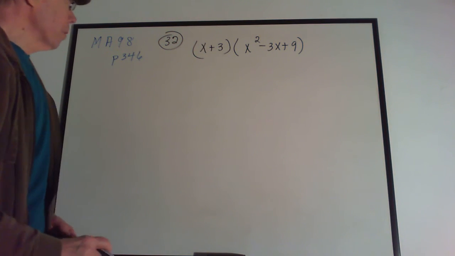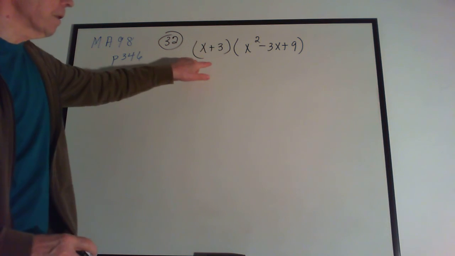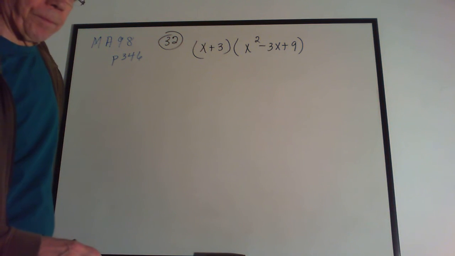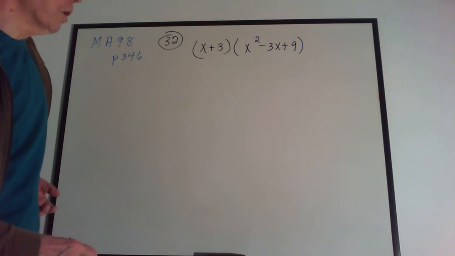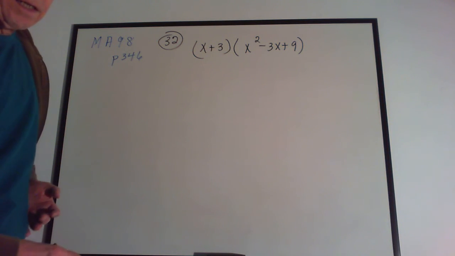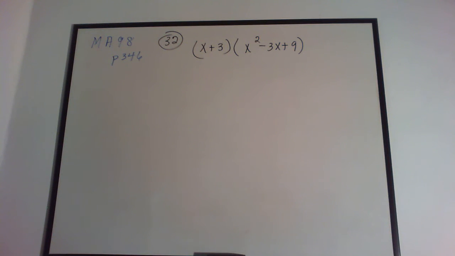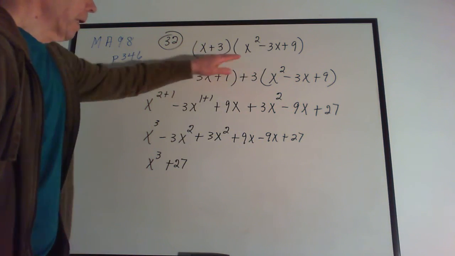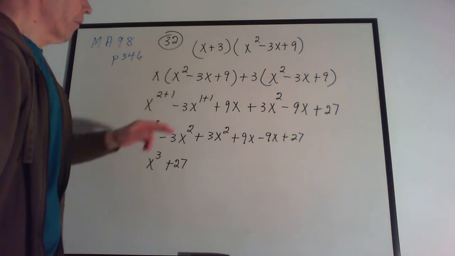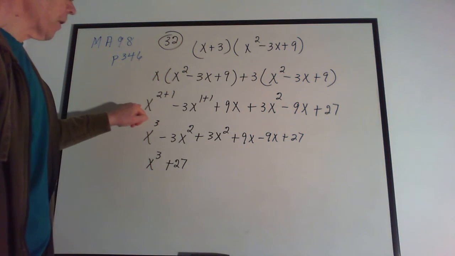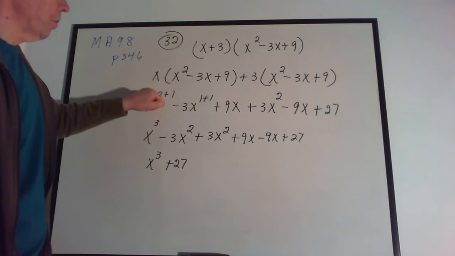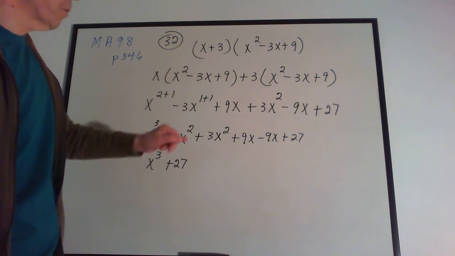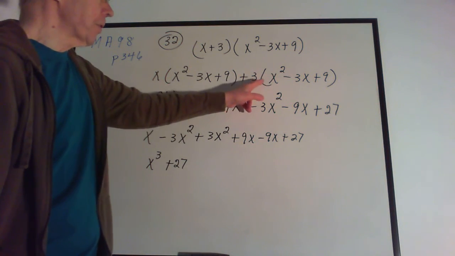All right, try problem number 32. Parentheses x plus 3, multiplied by that. It's done the same way as the previous problem. So pause the video, try it, compare your work with my work. Again, it tells you to multiply everything in here by x, then everything in here by 3. Do it, you can add your exponents. It's going to be 2 plus 1, so it'll be x to the 2 plus 1, minus 3x, 1 plus 1, add the exponents, plus 9x, plus 3x squared,